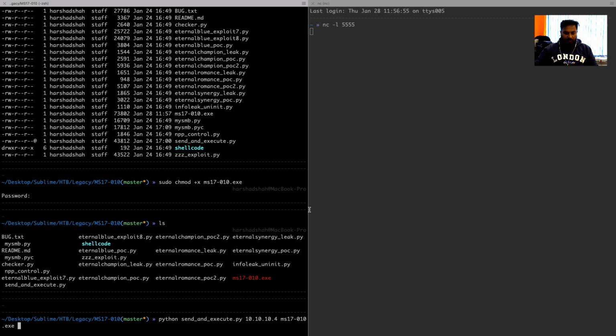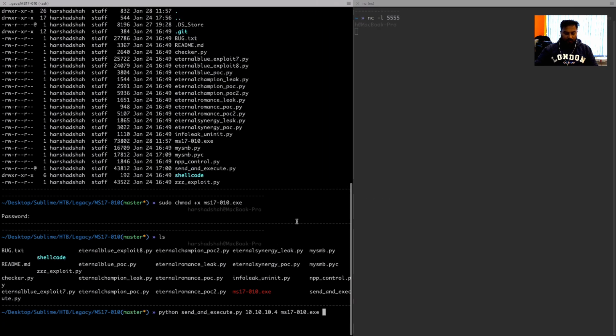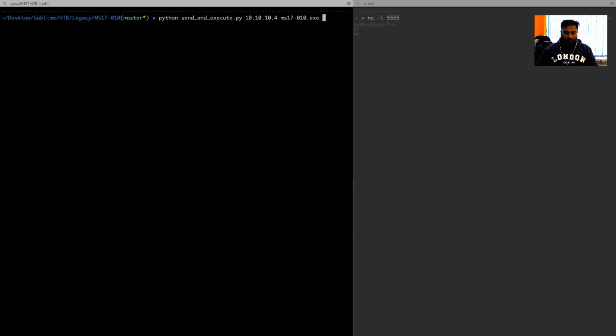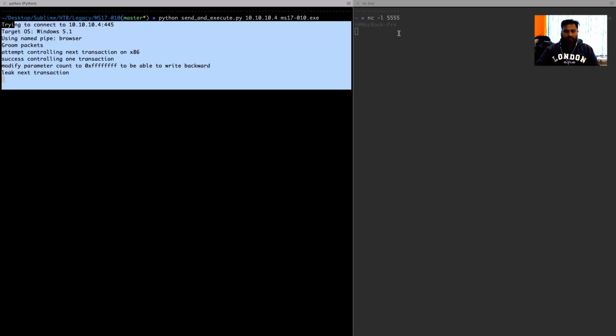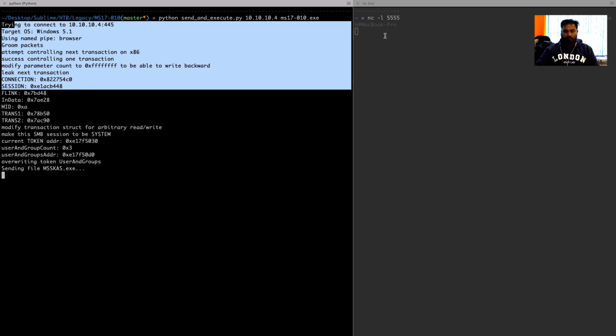Okay, and let me just drag this side and clear the screen. When you press enter, let's see if we're able to get the connection or not. I think we got the connection. See here, we are now able to receive the connection here shortly. Just wait for it. So when this part is done, you will be able to see here the shell. That's how you approach this thing. So manual exploitation is best if you are preparing for the OSCP exam.